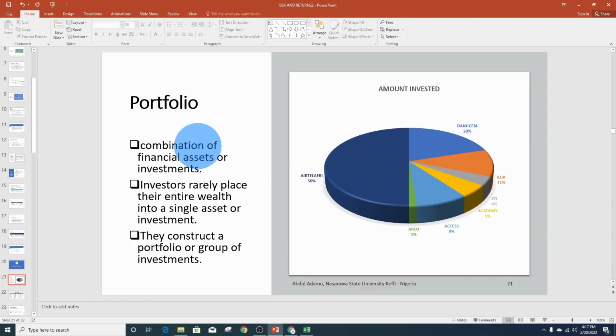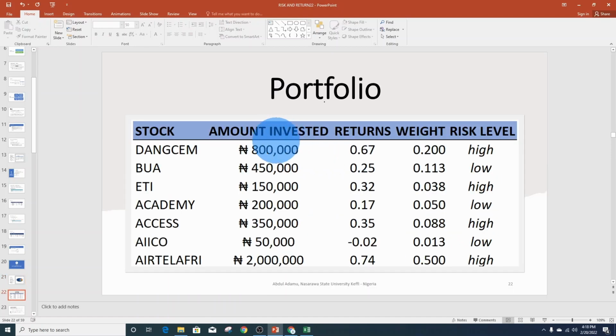Now this part 2 is on portfolio investment. A portfolio is a combination of financial assets or investments. Unlike the single investment where an investor only invests their earnings in one asset, for a portfolio the assets of an investor are divided among different assets. For instance, if we look at this pie chart, the pie chart represents investments in different companies: